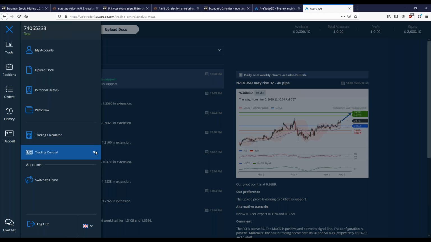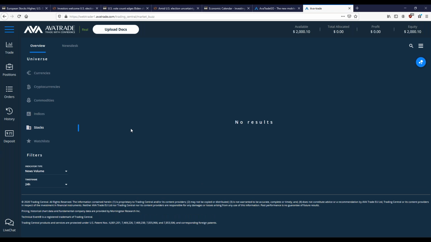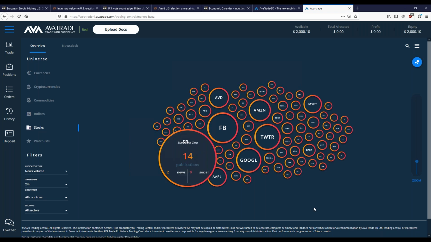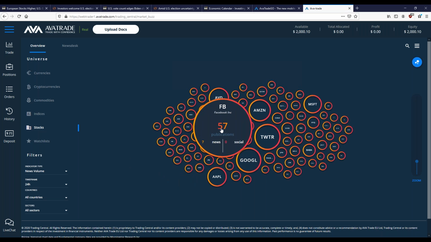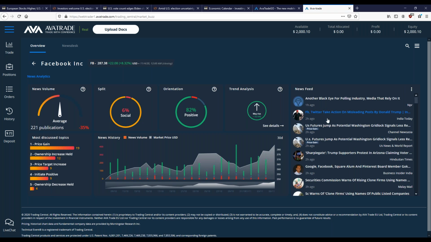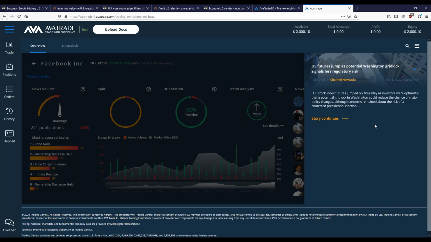The fundamental news, take a look at this, market buzz. Maybe you're thinking about, it just takes a second to load, maybe you're thinking about trading on, I don't know, Facebook. Look how many articles are out there on Facebook right now. We can click on that bubble and say, okay, what's going on? US futures jump as potential Washington gridlock signals. You say, okay, that's interesting. Maybe that's helping Facebook go up. US futures are jumping. What's it say? Why,